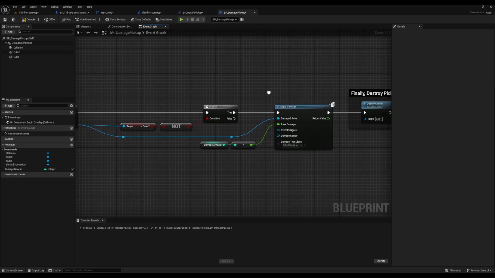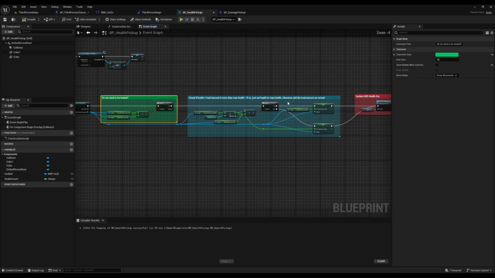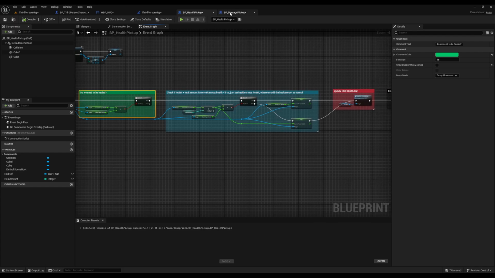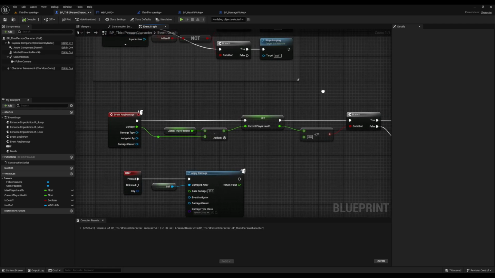So now, look how much easier that is compared to our healing one. The healing one, we have to go through and do all of this logic because there's nothing in the player character to say about